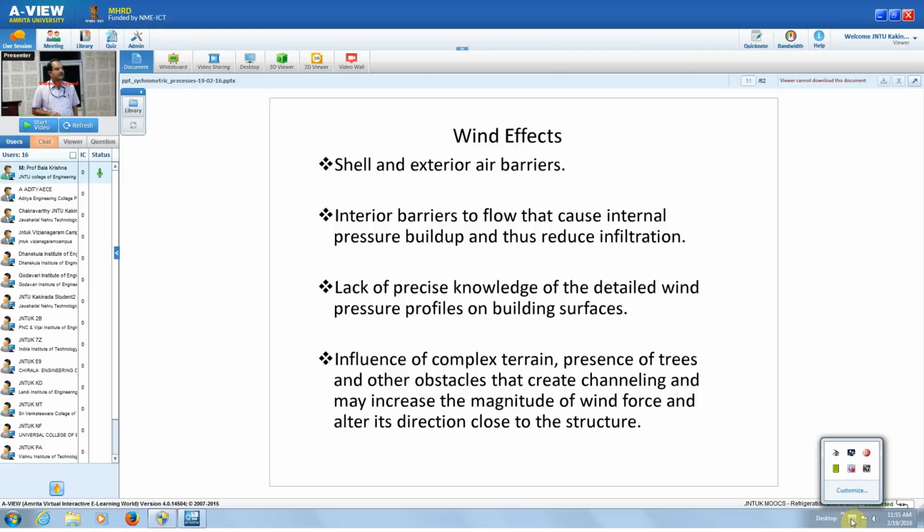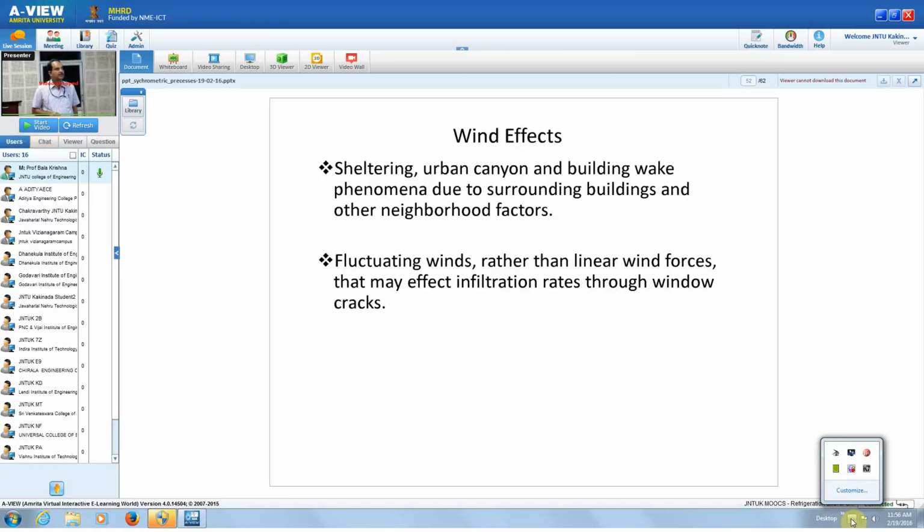Then the wind effect. Shell and exterior air barriers, interior barriers to flow that cause internal pressure buildup and thus reduce the infiltration. Lack of precise knowledge of the detailed wind pressure profiles on the building surfaces. Influence of complex terrain, presence of trees and other obstacles that create channeling and may increase the magnitude of wind force and alter the direction close to the structure. That means that if the air is flowing outside, maybe the tree may obstruct the airflow. That's the meaning. Next,